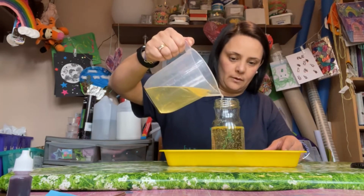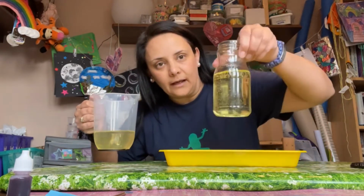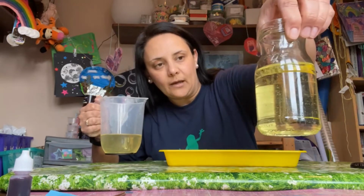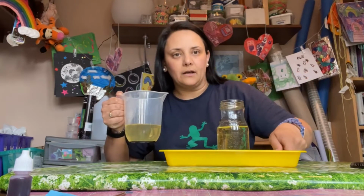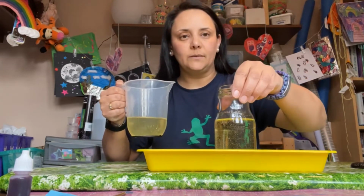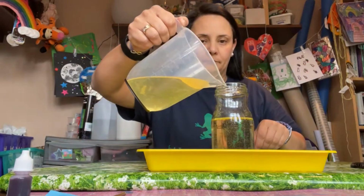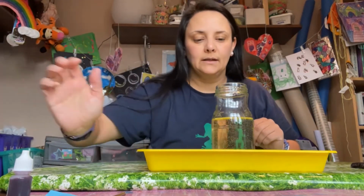A little bit more. Or you can see a few air bubbles in the oil. Don't know how well you can see it, perhaps, on screen there. Okay, you see a few air bubbles in there. Brilliant. That's probably about enough for now. If I just move it a little bit closer forwards, perhaps you can see a bit easier. Okay, maybe a little bit more. Okay, right, and then pop that to one side. All right,